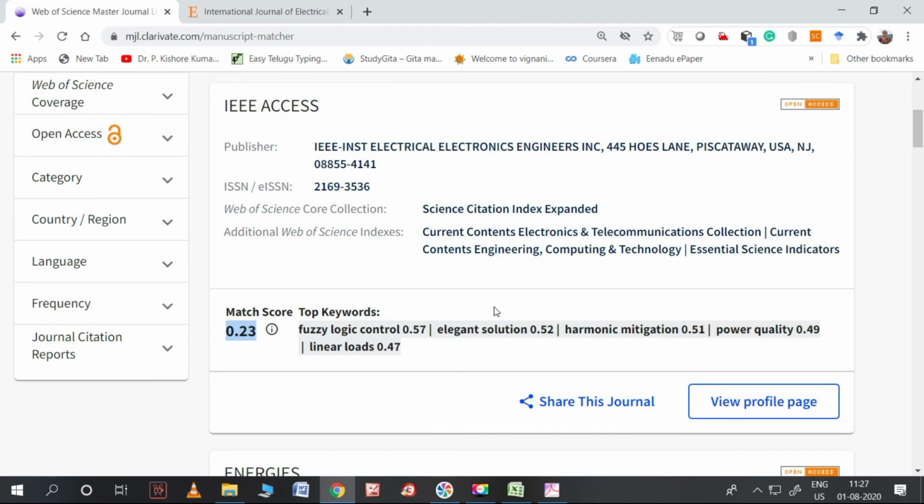So based on our keywords and some other things within the abstract, it can identify, and finally it will give the match. So for fuzzy logic controller, the match may be 57%. Elegant solution, the match may be 52%. Harmonic mitigation, the match may be 51%. And power quality, it is 49, and linear loads, it is 47. So overall the match is 23% match.